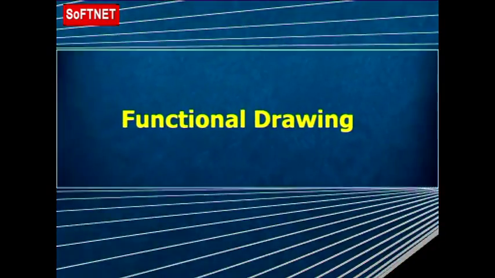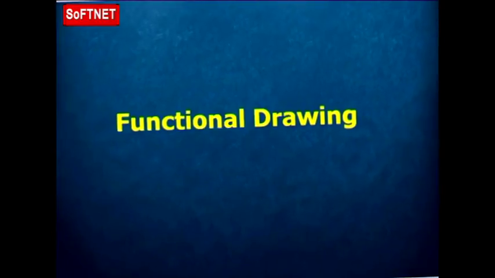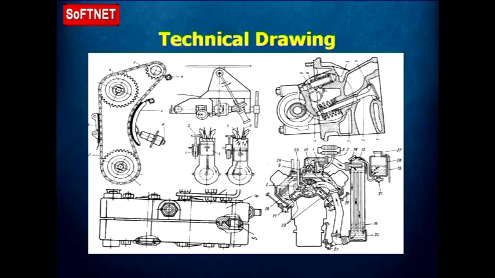So, we will now look at the functional categories of drawing, like we have enumerated now. We will see some of the images, what are the functional types that we have enumerated. For example, technical drawing. What do you see in technical drawing? Now, drawings of different parts of machines,